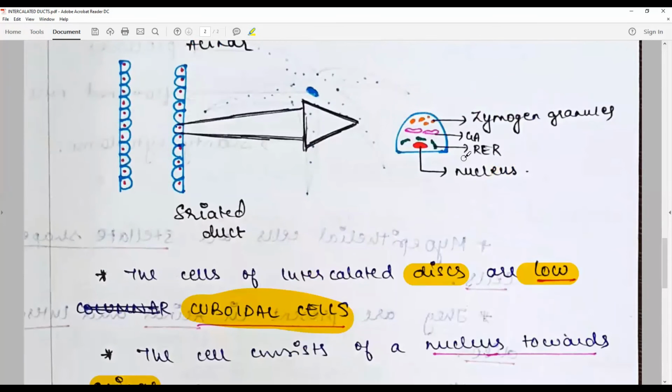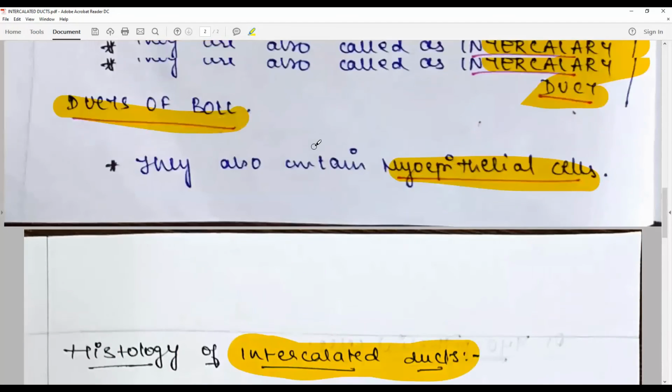This is the end. You have to draw a neat diagram of the intercalated duct and its presence in the